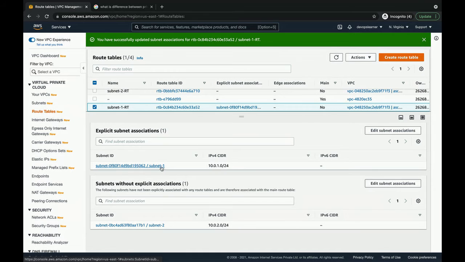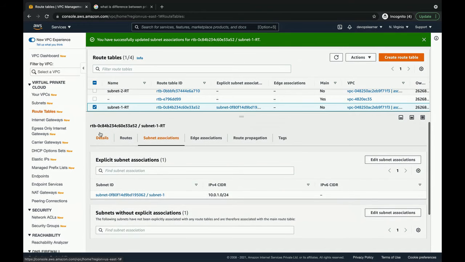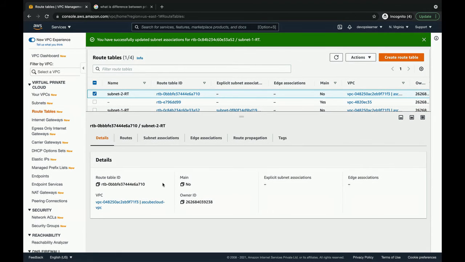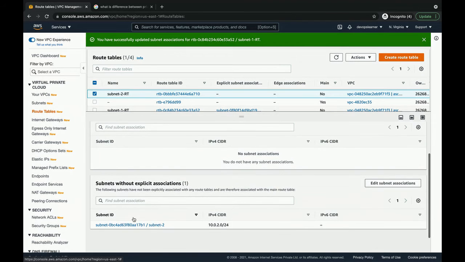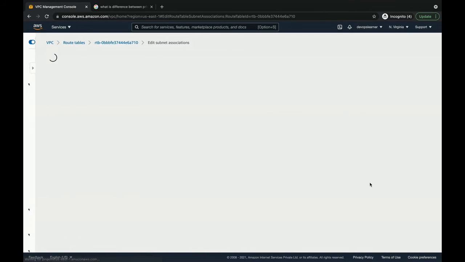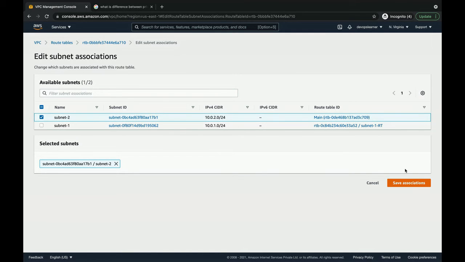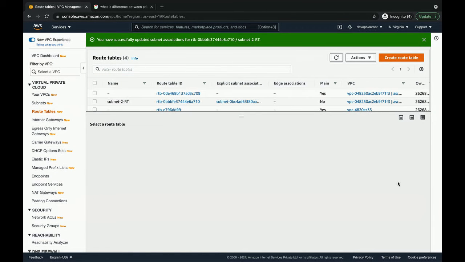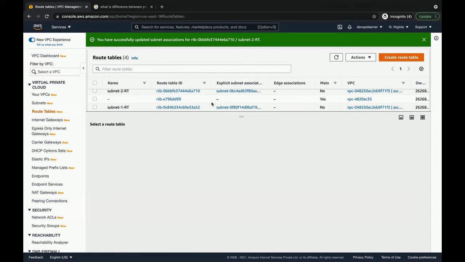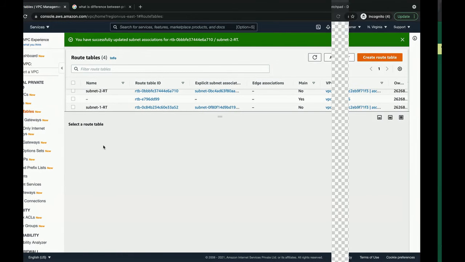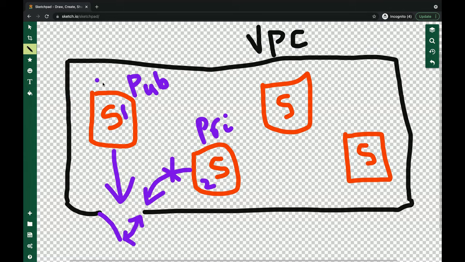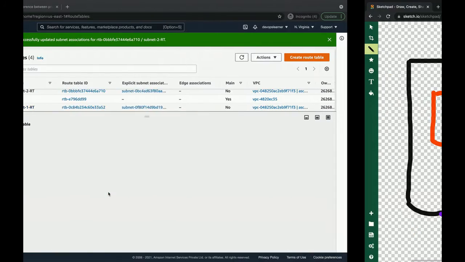See, this is not associated with any of the route table. So I'm going to associate it to another route table. So second route table, subnet associations, delete subnet association, and I'm going to add the second one. Now since I told you S1 should have access to internet gateway, whereas S2 should not have access to internet gateway, in order to make sure S1 has internet gateway, I'm going to add it in the route table.